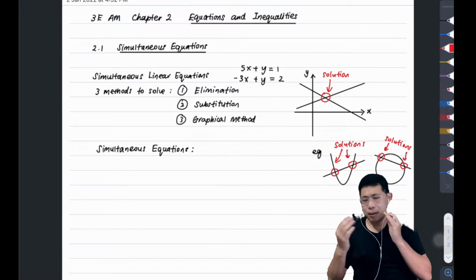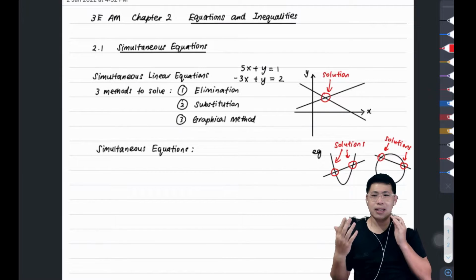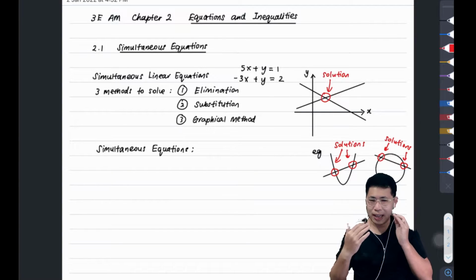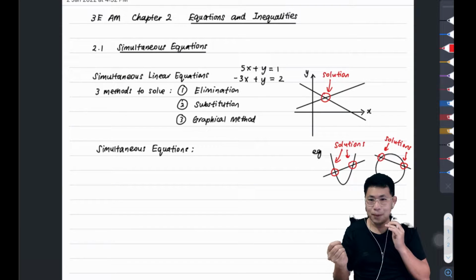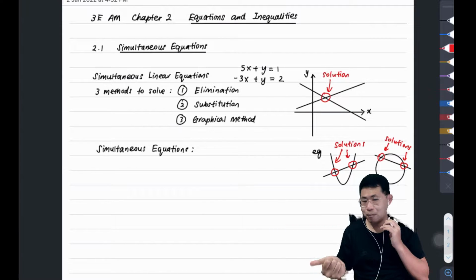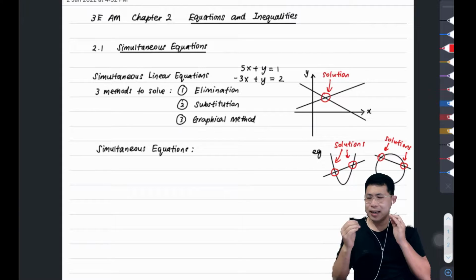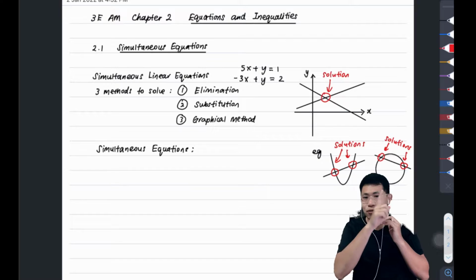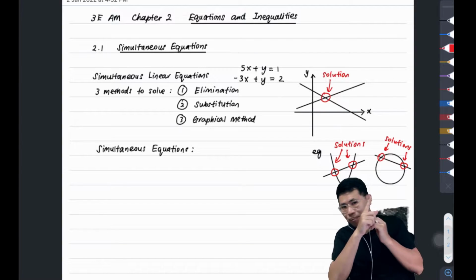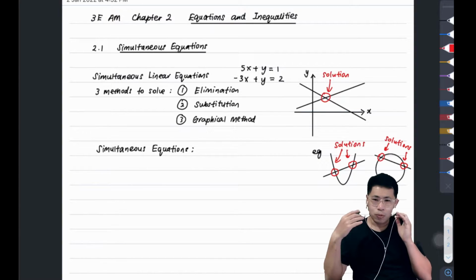So it is a bit more difficult to eliminate that x, because how are you going to expand such that you get an x square and an x at the same time, to eliminate both of these at the same time? So this is one challenging part. Of course you can eliminate y, but it's not going to be straightforward like what we did last time, right? Then for the circle equation over here, you have both x square and